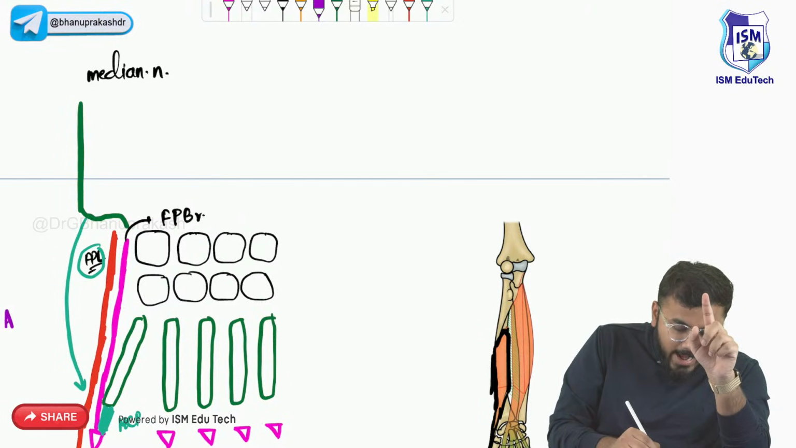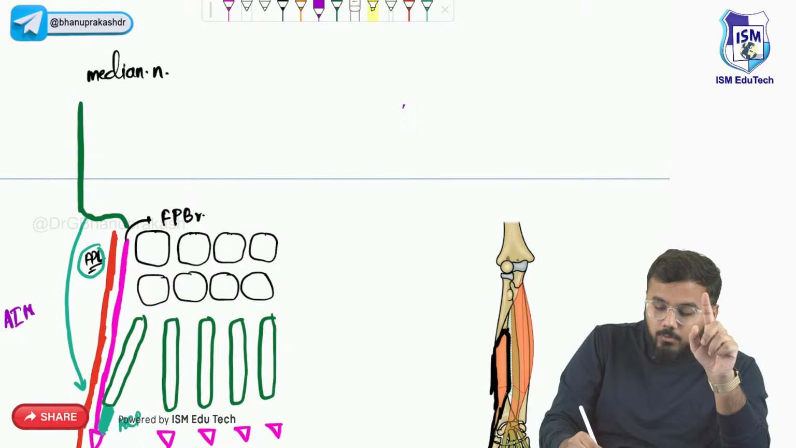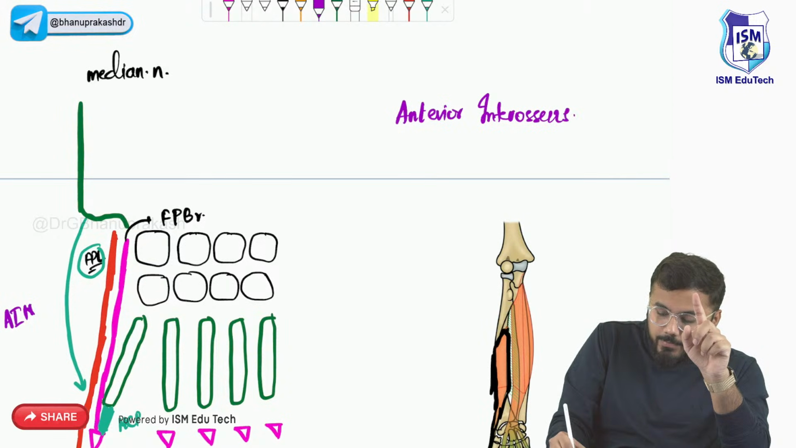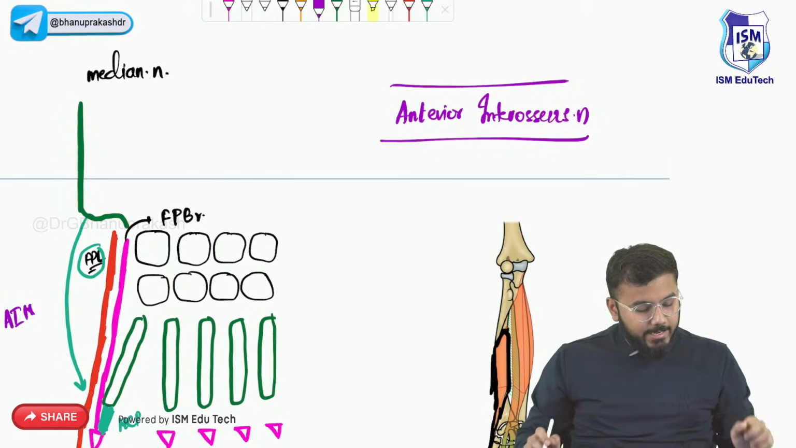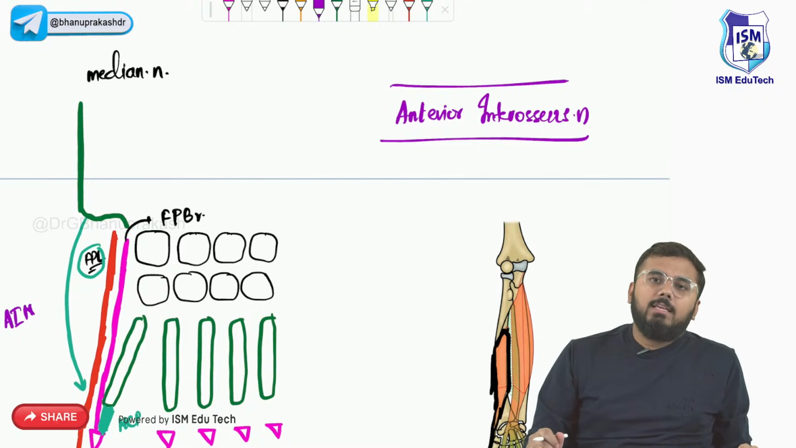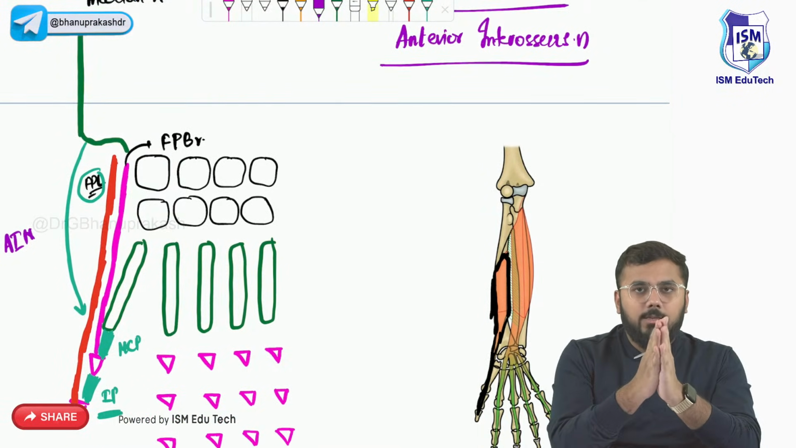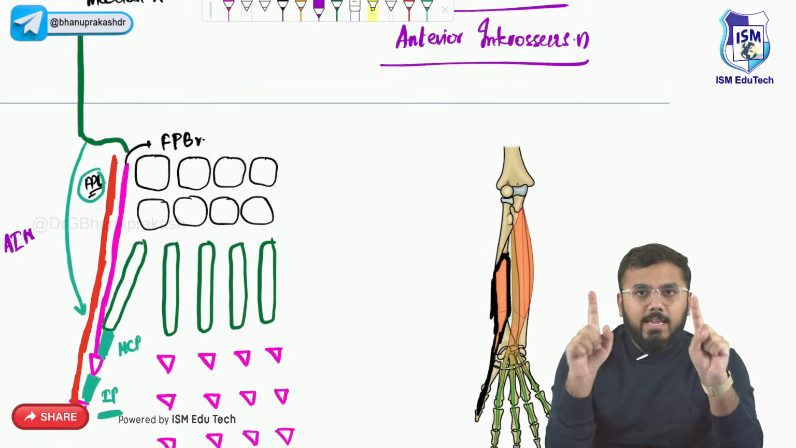Anyone? Anterior interosseous nerve. What is that nerve? That is your anterior interosseous nerve. Okay, why am I telling this? Keep one thing in mind. For example, if I have an injury